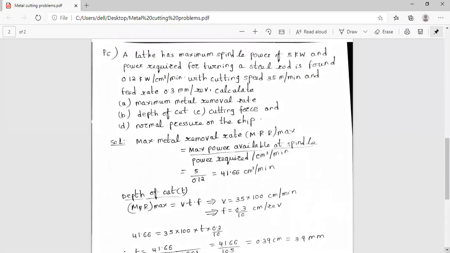And what is the second problem? Second problem is related to the particular maximum metal removal rate. Already that also, maximum metal removal rate is the ratio of the maximum power available at spindle, because spindle power, while designing the lathe, we are not going to design some spindle power is there, 5000 watts. But whenever you try to run the lathe, theory part I am telling, whenever you want to run the lathe, you don't try to run the particular lathe at 5000 kilowatt. It should be 4000 or not more than 4500.